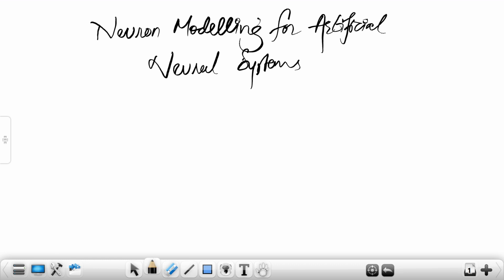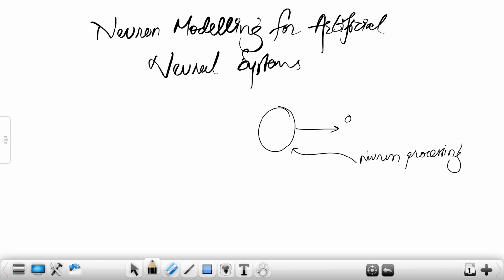Please try to remember all the things that we had studied about the biological neuron. There is going to be a cell body which is going to have an output. This is basically your neuron processing node, like how you have the nucleus and body and soma. This is what we depict over here. These will have inputs coming into dendrites and synapses, so those I'm going to draw here as input. And there can be many.